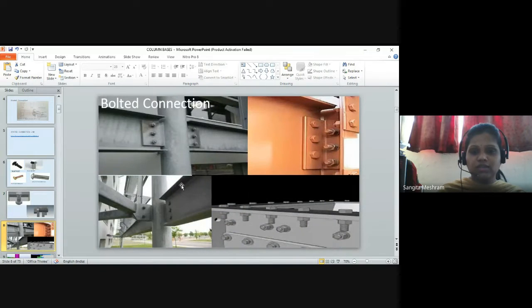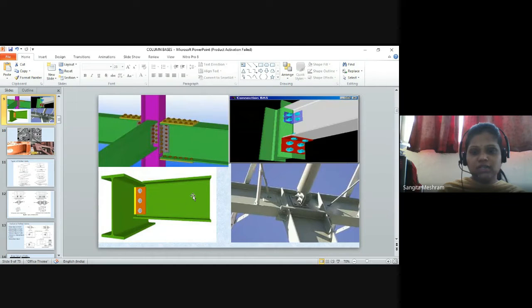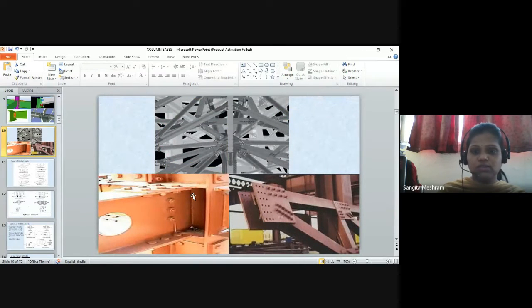These are some figures which indicate the connecting members. Here there are steel members. This is an I section, so it is connected with the help of these bolts. So we can use a number of bolts for connection of different members also. It may be angle section, I section, or channel sections. For any type of section we can use the bolted connection, and it gives the proper connecting system. These are also figures which are related with these bolted connections. These are also figures which indicate the connecting system.